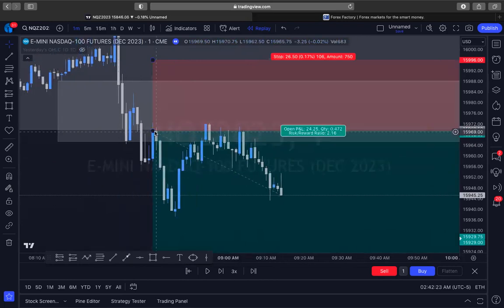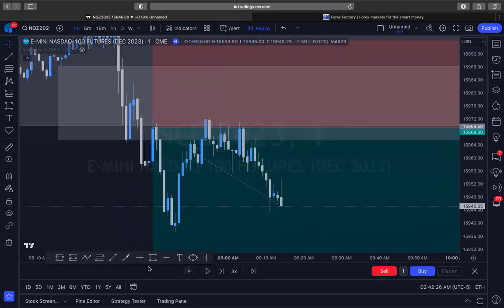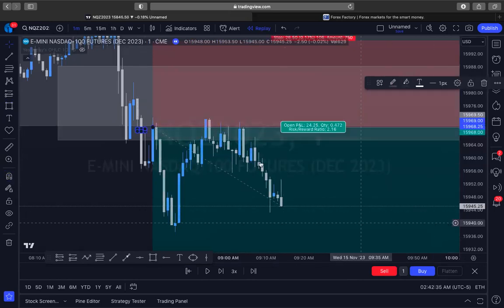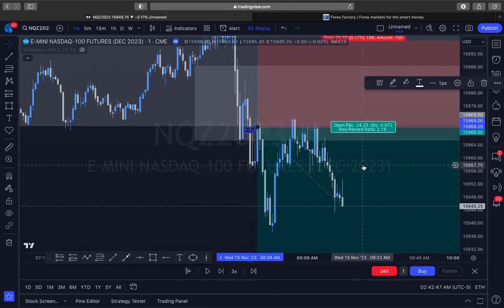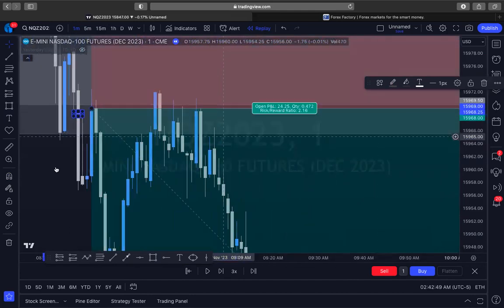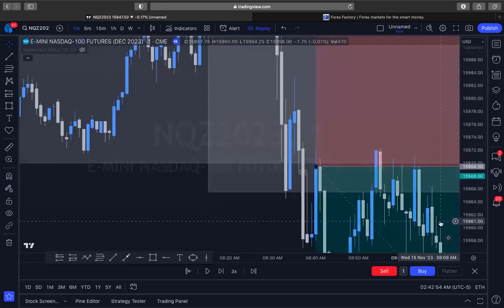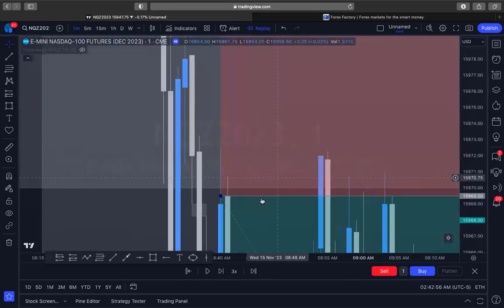So my entry was right here, and I'll show. It's very, very small, but on the 1-minute time frame, when you're trading at that frequency, you're going to be able to see things like this. If you look here, we had already broken structure right here. This reversed, and then this continued on down. What I'm looking at is these big candles and seeing if there's some sort of gap for me to enter, right? Let me stretch this out so you guys can see it. It's, again, very small, but it's there. Right here.